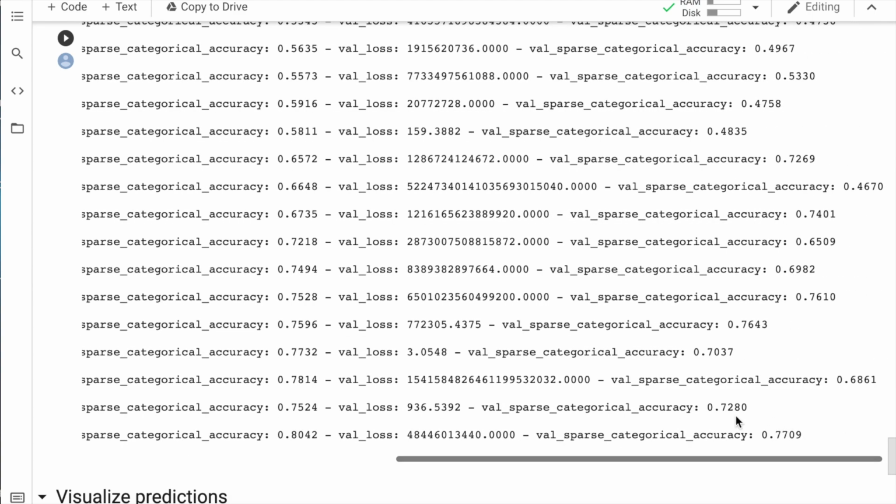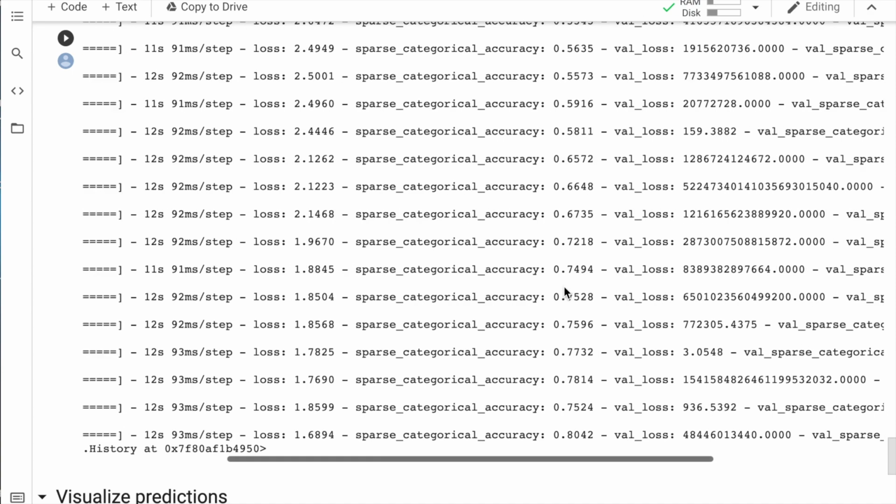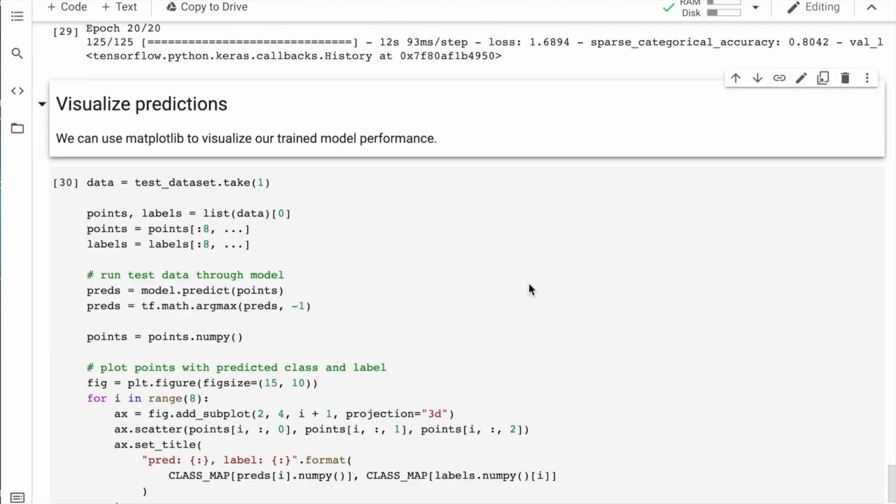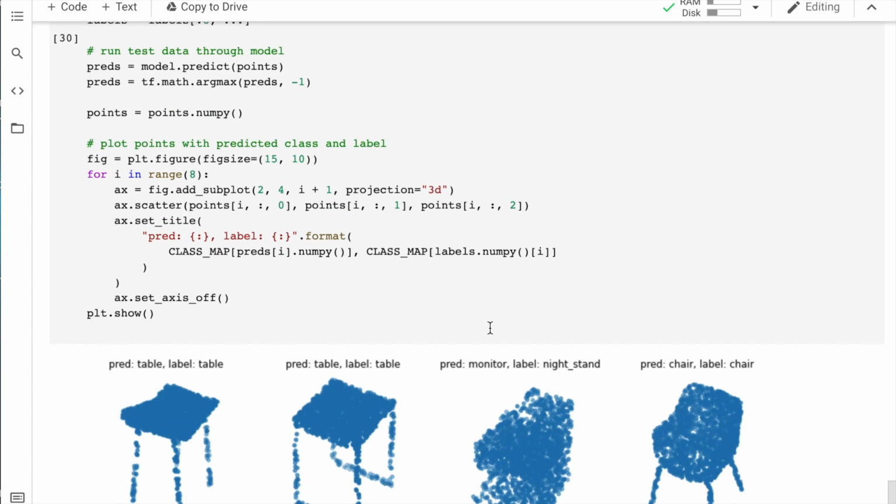And then we do see that the validation set accuracy is decreasing as well, although it's more jumping around. We see how it jumps from 76% back to 70 and so on, but it does seem like it hasn't overfitted quite yet. So finally we have a trained model and we want to visualize some of its predictions